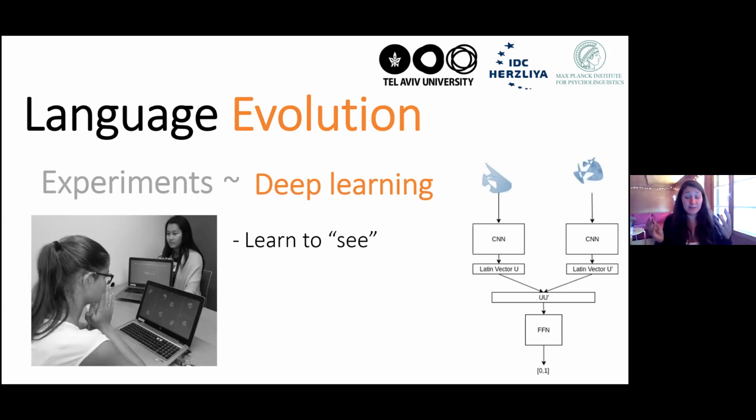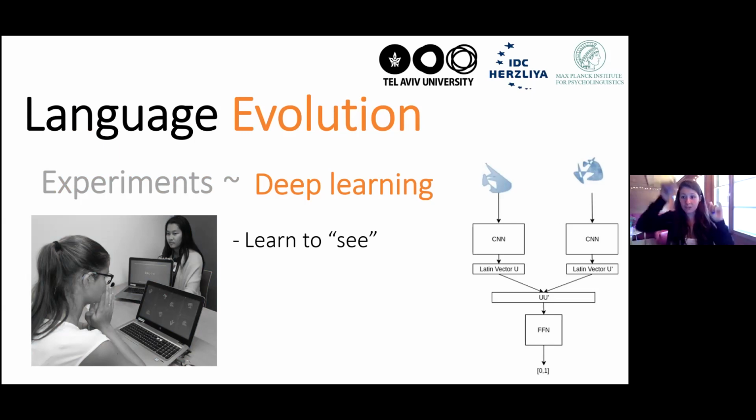And the idea is that these networks first need to learn how to see the world, right? They need to learn how to detect the visual input. People, we get this for free. They have eyes and you already can detect the shapes and the directions, but the networks need to learn this as well. And after that, there would be a feed-forward network that would compare two representations to see if they correspond to the same scene.